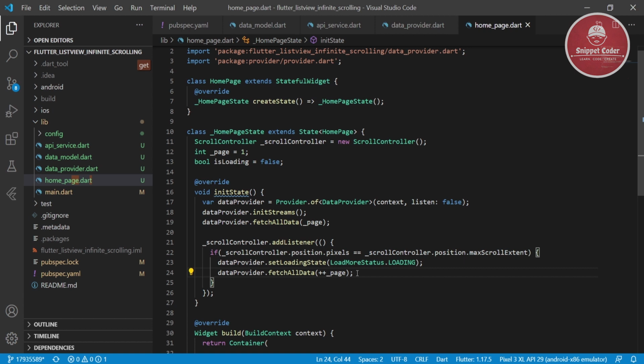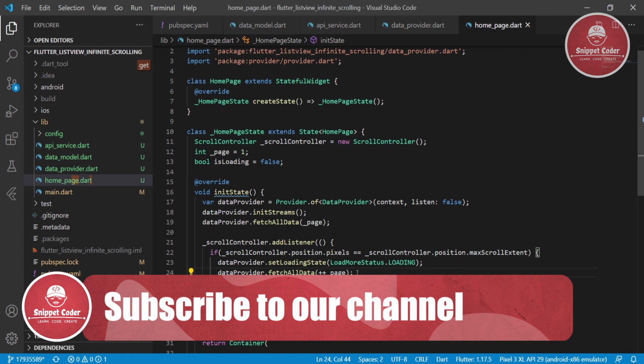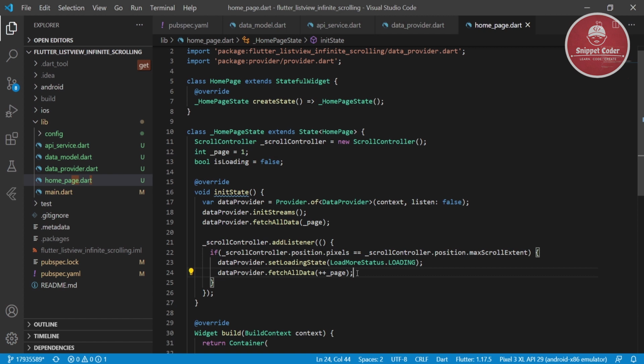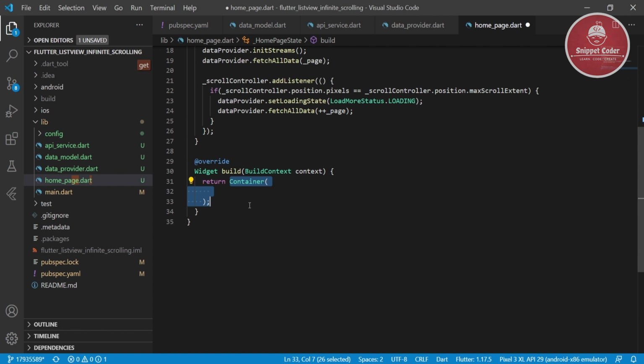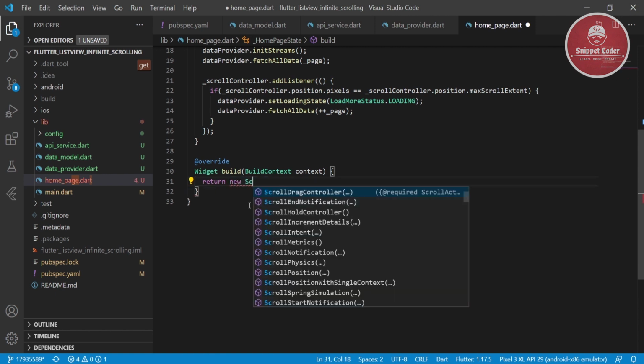What we are doing here is, in the add listener we are checking if that position dot pixels is equal to position dot max scroll extent. That means we are at the bottom of the screen, and then we will set the loading status as loading, and then we will call our method of fetch all data, and it will go to the server and hit the API. So now here we will do return new scaffold,